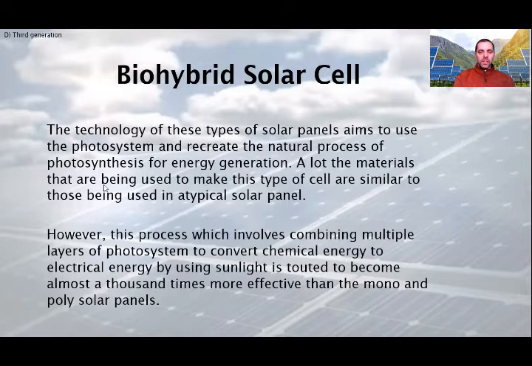The cell itself consists of many of the same non-organic materials that are found in other solar cells, with the exception of the injected photosystem complexes, which are introduced and gathered for several days in the gold layer. After days, the photosystem are made visible and appear as a thin green film. It is this thin film that helps and improves the energy conversion. The biohybrid solar cell, however, is still in the research phase.